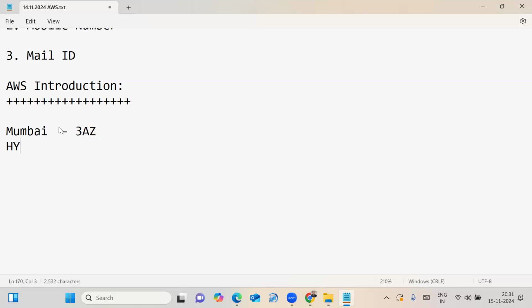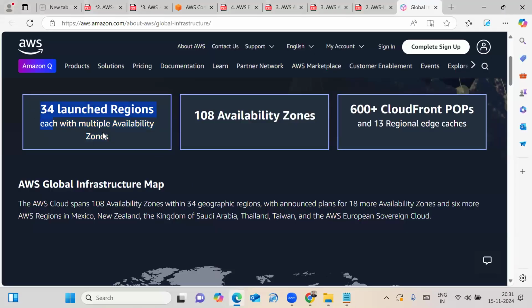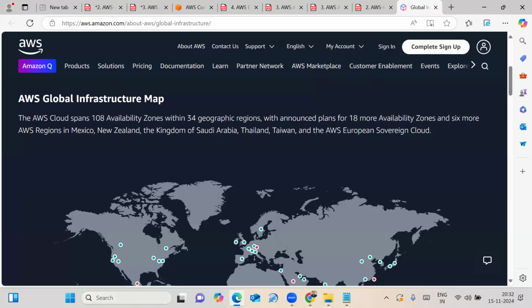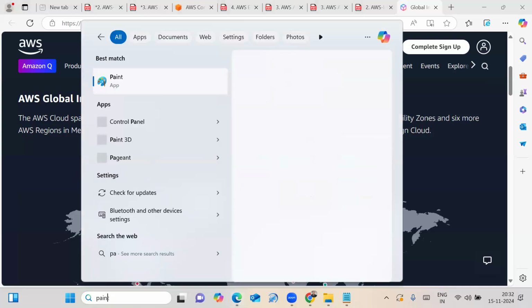In the North Virginia region, 6 availability zones. That means each region can have multiple availability zones. Globally, right now, how many availability zones are there? 108 availability zones.